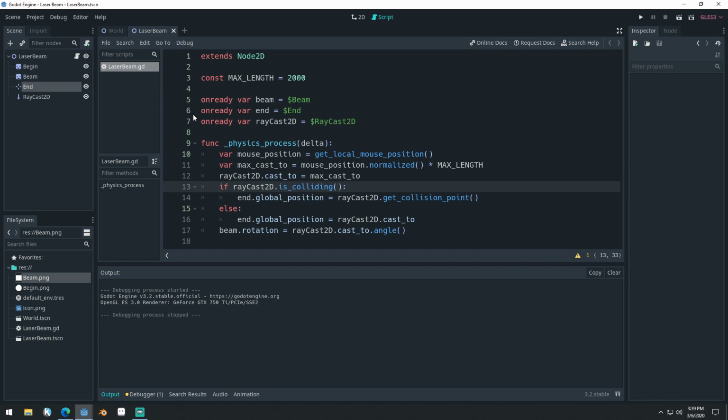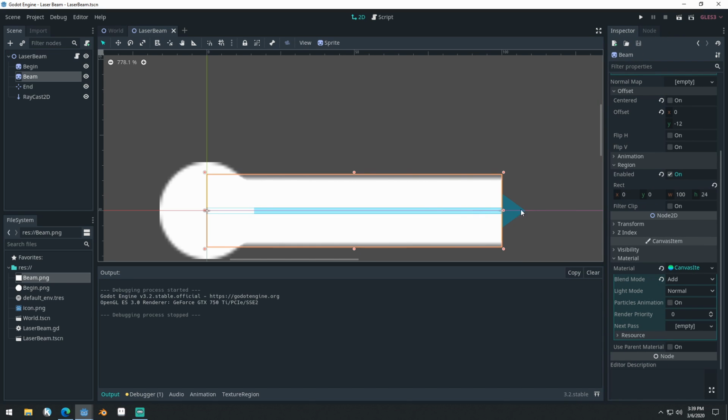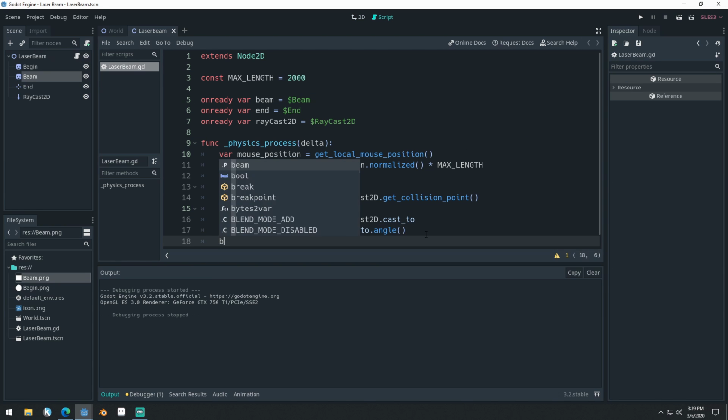Well, if you remember at the start of the video, we talked about the RegionRect and the height, or the width, actually. The width is what we're going to be changing because we set that to 100. That's how we can choose how long this beam is. And so we can set that here. We'll just go beam.RegionRect